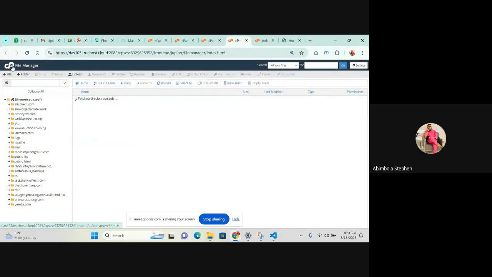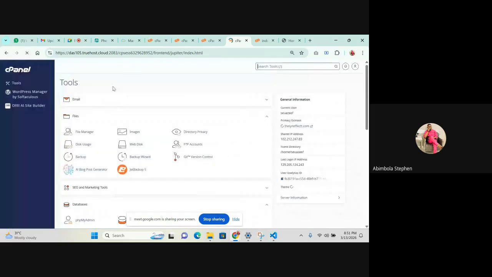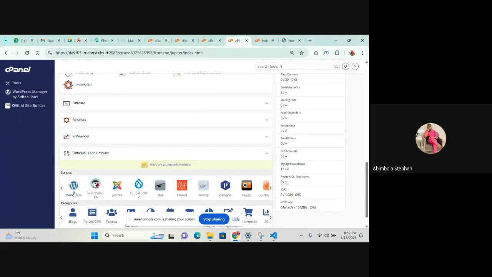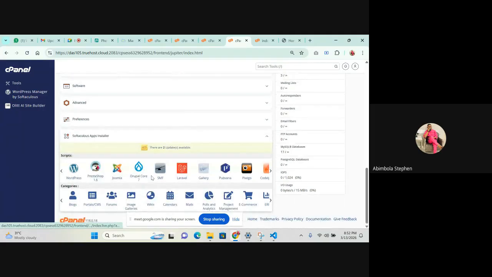Once I delete, the faster route is that when you land on your cPanel, the first thing you see is something called Softaculous App Installer, right? There's a shortcut here already for WordPress CMS. All you have to do is click on it. You click on your software. There are softwares that you can install. These are different CMS softwares that can be installed, right? And PHP, that's another advanced level, sure, but let's just stick to WordPress for now. So if you click on it,